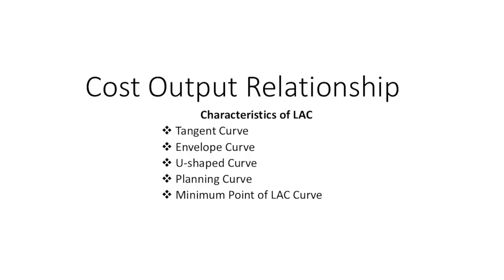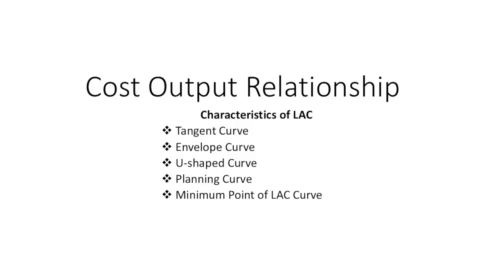Another thing, the long run average cost curve is also known as a planning curve because it represents the least cost of producing each possible level of output. This helps in producing the optimum level of output at the minimum long run average cost. This is possible when the entrepreneur is selecting the optimum scale plant.